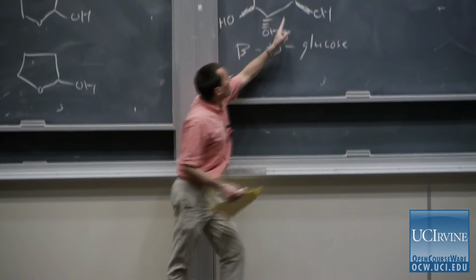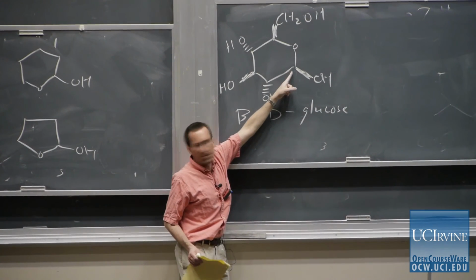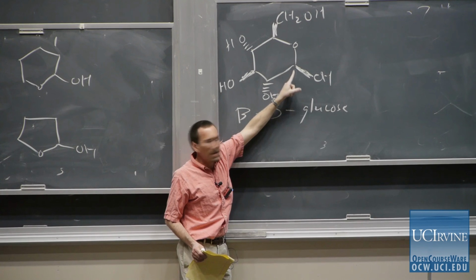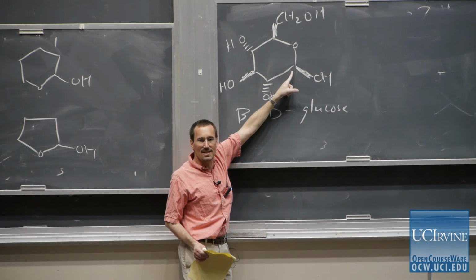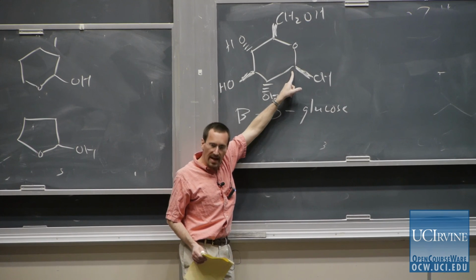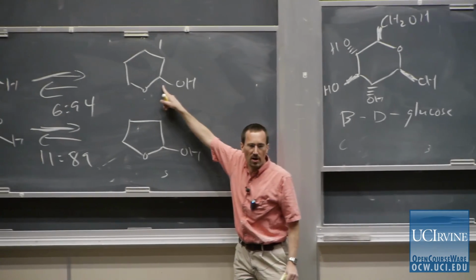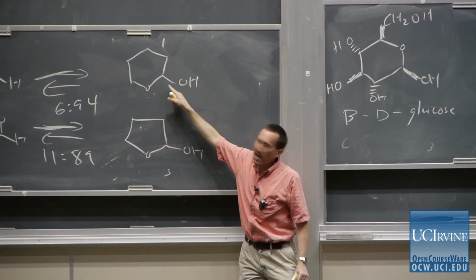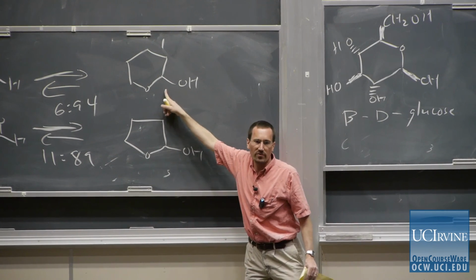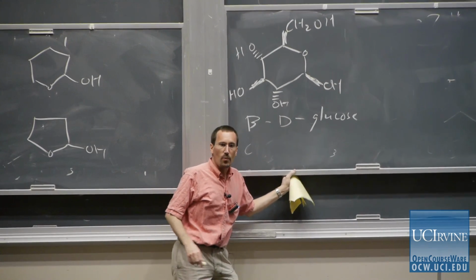Now, if you notice here, amidst all of these hydroxy groups is a carbon that is an acetal. This carbon is an aldehyde hiding, masked, just as our carbon is over here. I haven't drawn in the hydrogen, but of course there's a hydrogen here and there's a hydrogen here, which means